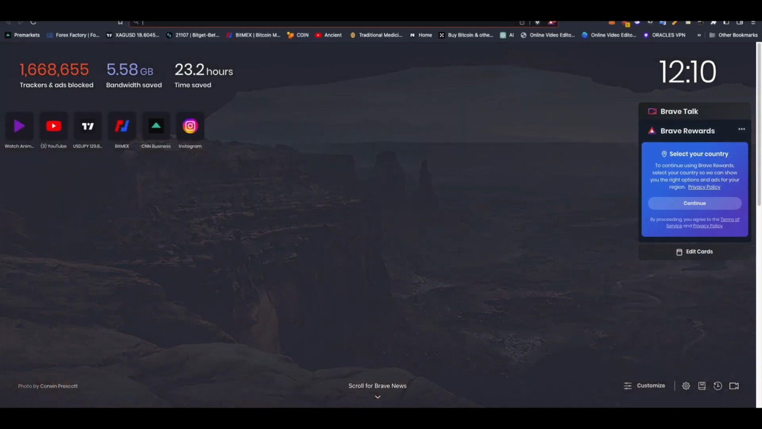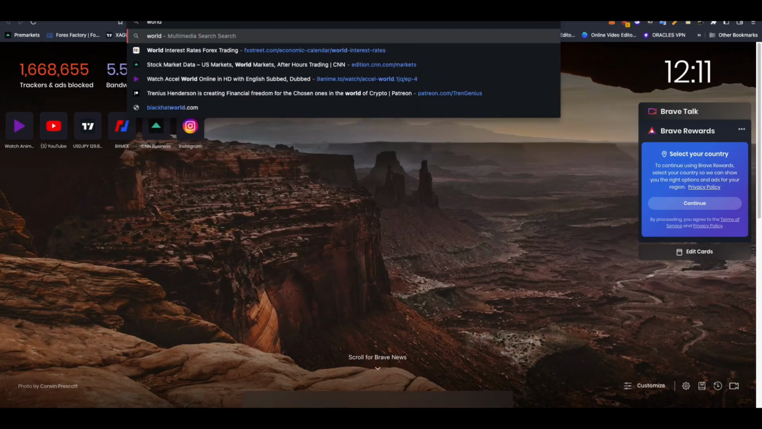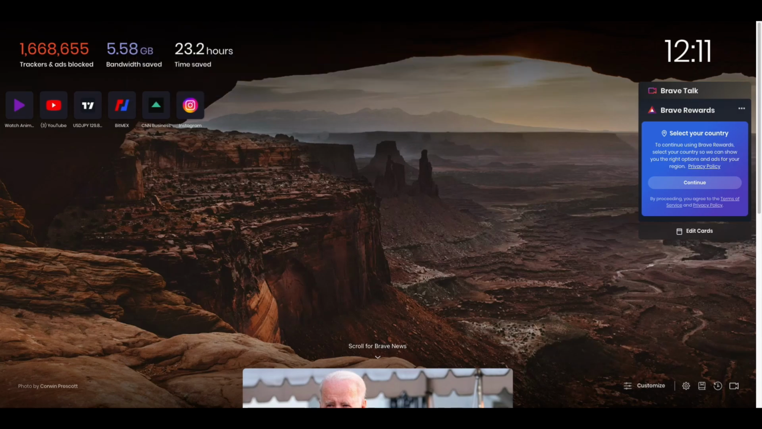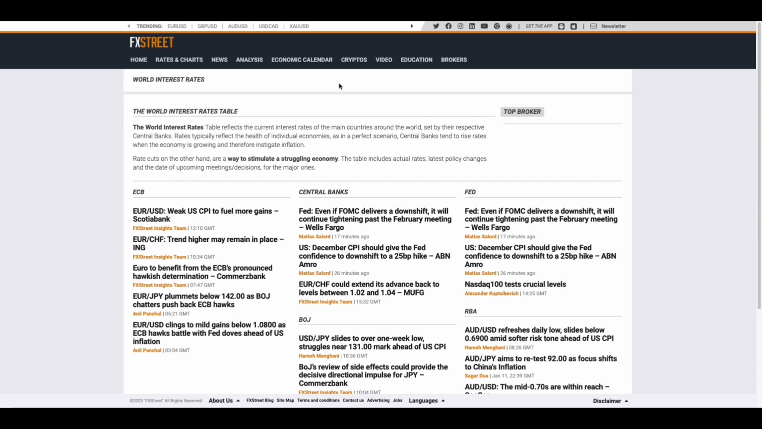Now, where you can find interest rates in the forex market is this site, World Interest Rates Forex Trading, fxstreet.com. If you go to fxstreet.com and you go to World Interest Rates, once it loads,